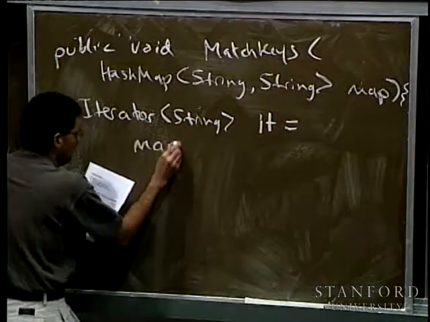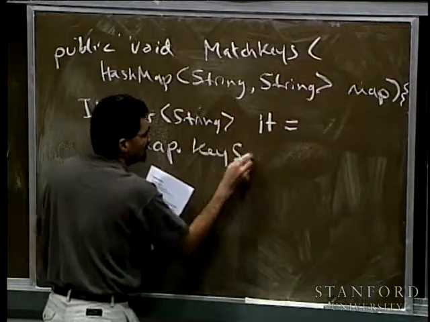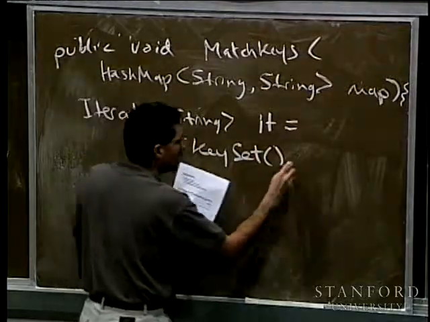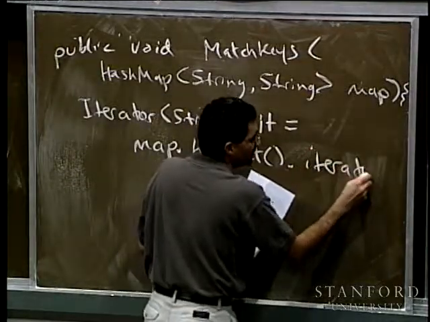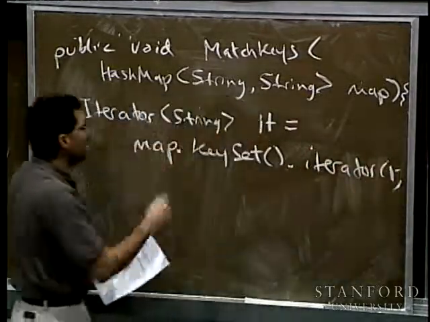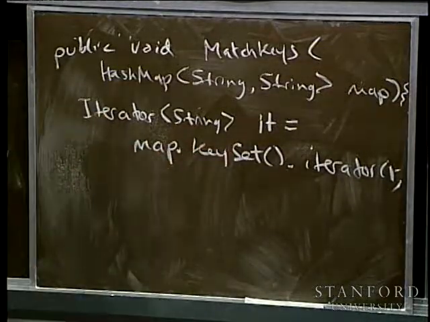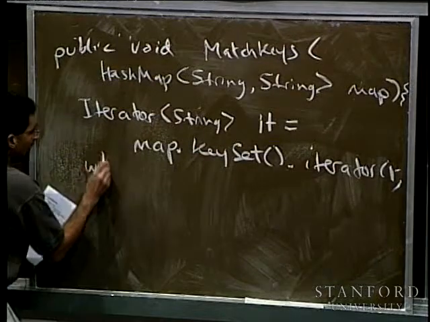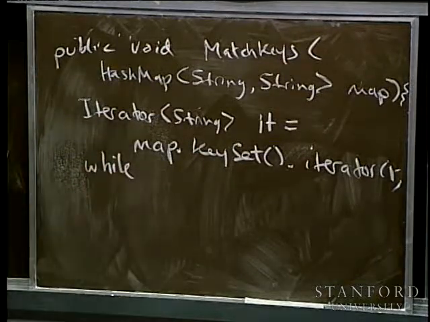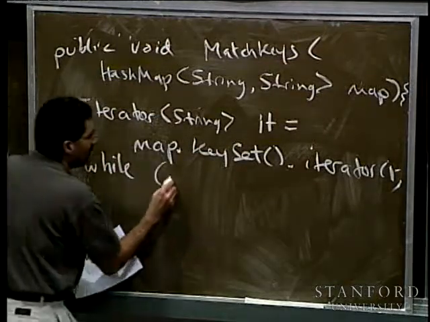So I need to say map dot key set. Right? These are kind of good things to know in the back of your head. Iterator, we sort of string these all together. And so what I now get is an iterator of strings, which are all my keys in the hash map. And now at this point, it's just using my iterator, but in conjunction with some other functions, like while my